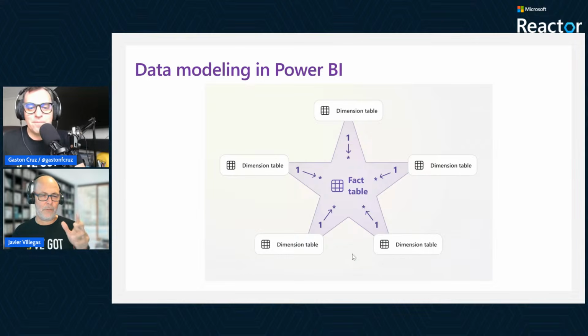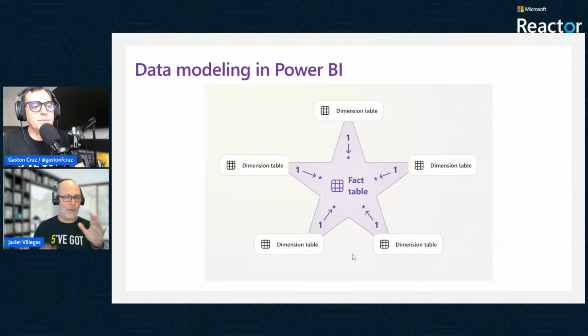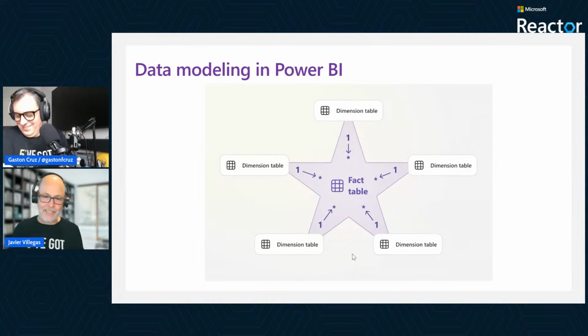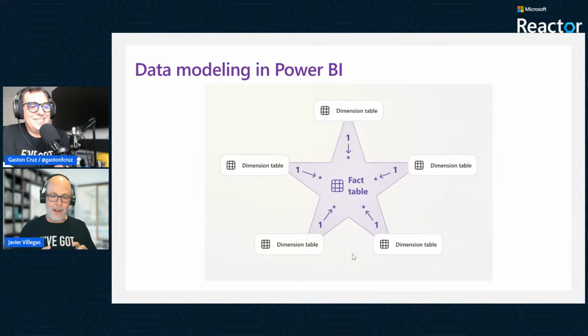Yeah, Javi, what you are saying is that we have to forget a little bit about those white tables where we have all the information repeated, and do some sort of standardization of the things, just having the dimensions, having the fact tables, and with relationships. Is that what you are saying?